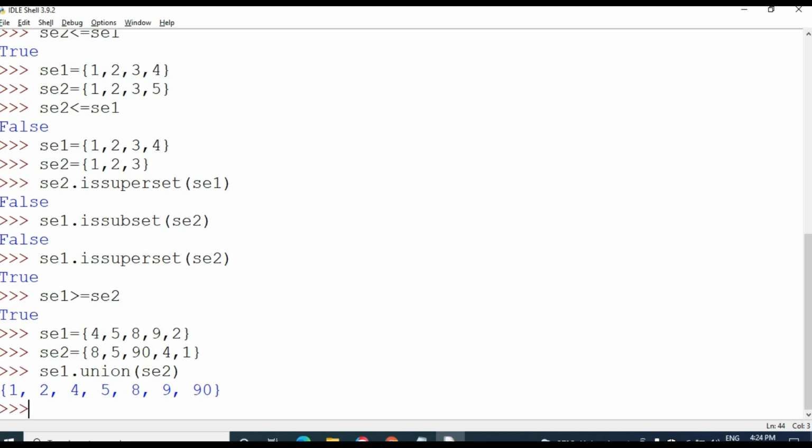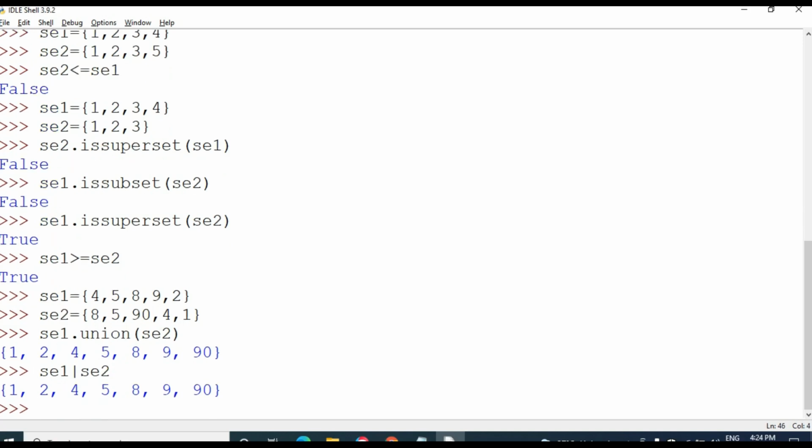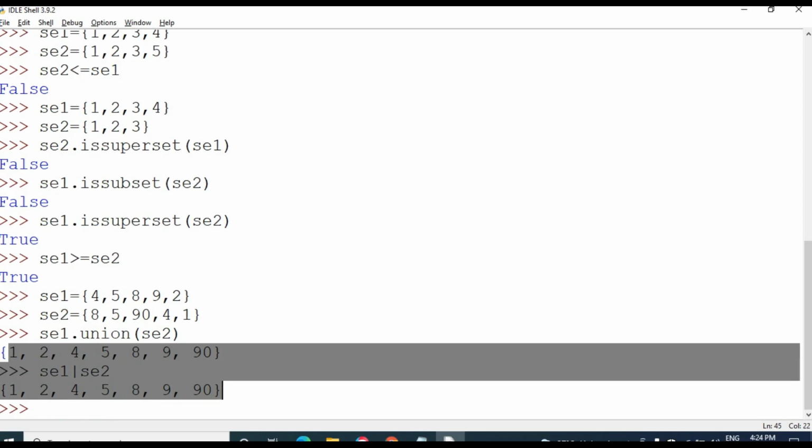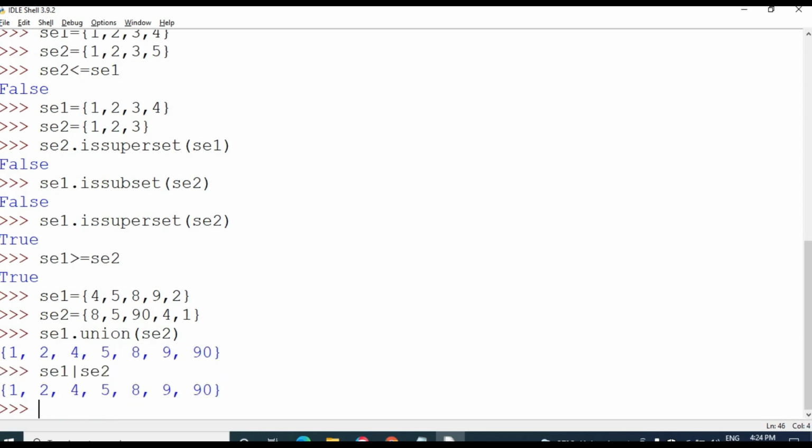Duplicate elements have been removed. The pipe symbol can also be used to denote the union. See, the same answer has come.